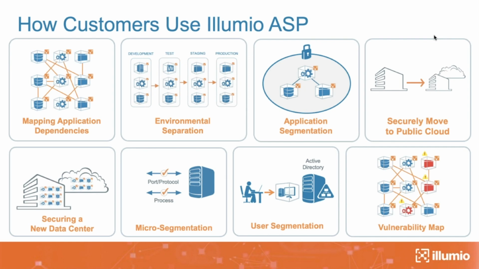People also use our technology for user segmentation on VDI environments, because we actually have an integration with Microsoft Active Directory, so we know all the groups that exist and which group you are a member of. So we can actually have, in a common shared VDI terminal, different users log in and get different levels of access. And then, of course, vulnerability information that we can overlay, and that provides tremendous flexibility to customers in driving patching priority, or reducing the risk while you can't patch because for any reason you don't have a patch or there's a freeze or whatnot. So, a variety of ways in which our customers use our products.